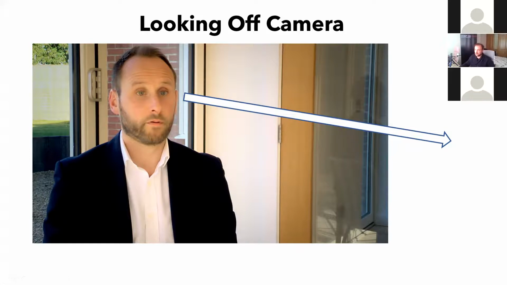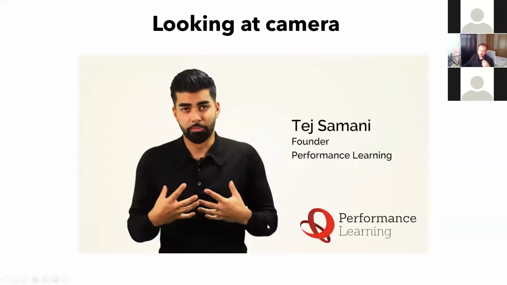And then if you're doing something for yourself where you're looking at your camera to present something, so talking to your phone, you want to position yourself slightly off to the side like this as well, and that gives you space to put in some text and some title graphics. And so like I was saying before with the rule of thirds, you generally want to keep yourself off to the same side, even if it's talking to the camera or looking off the camera, and you'll find that more people might engage with your video straight away.